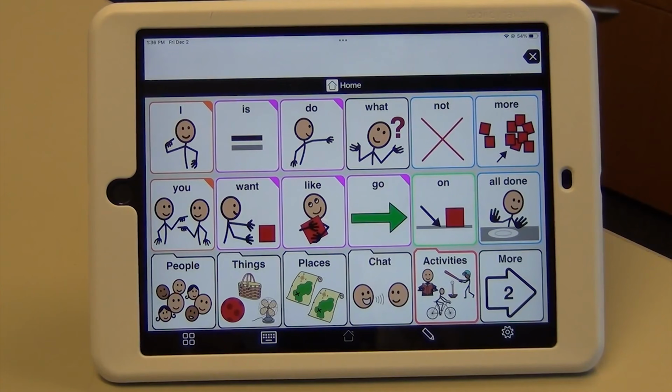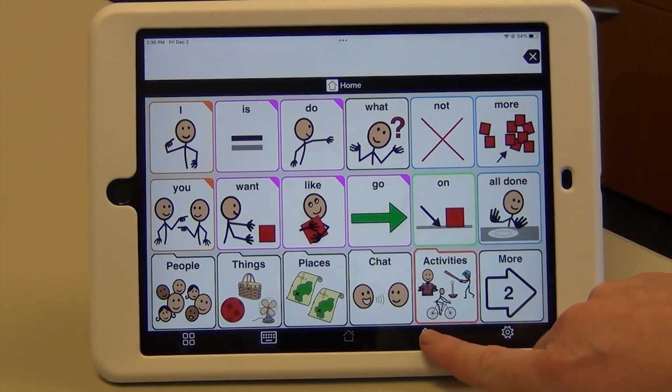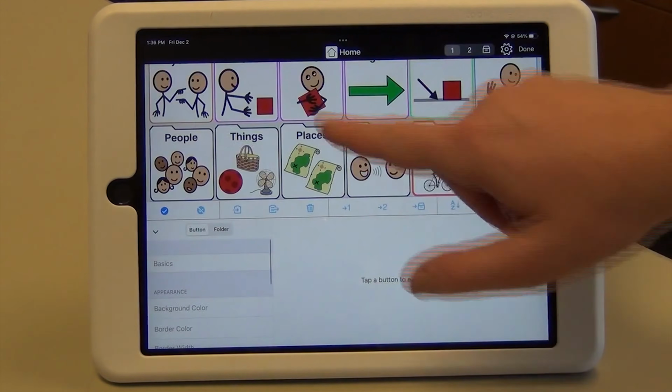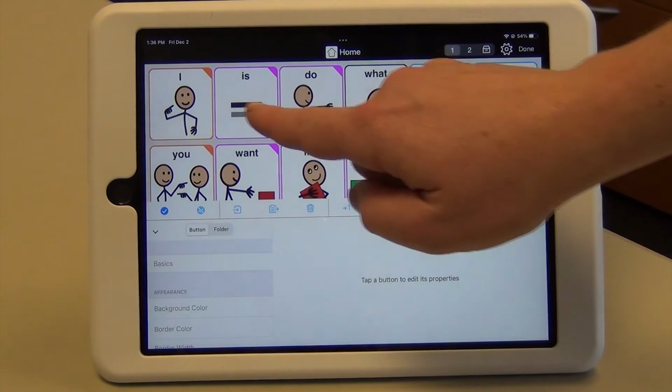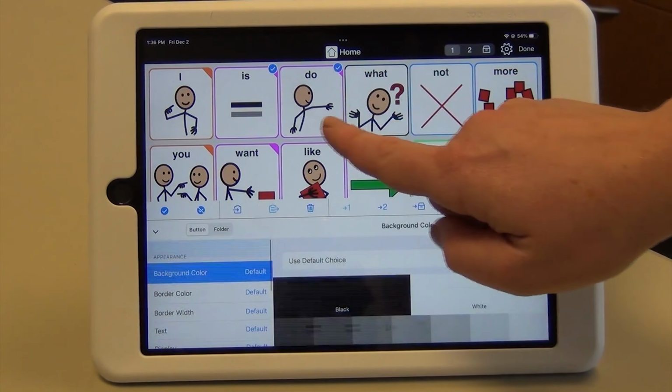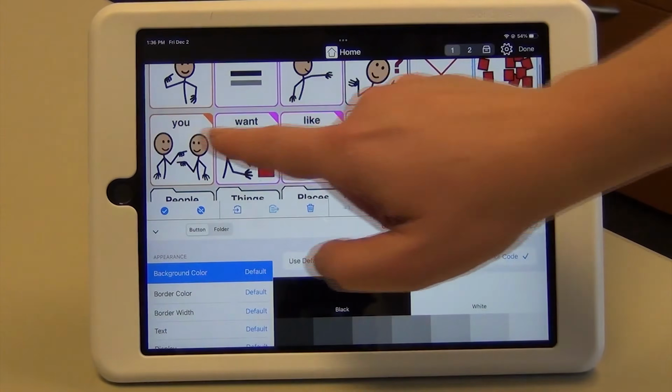In this video, I'm going to show you how to hide buttons and folders on the Proloquo2Go application. So the first thing you will do is select the pencil icon in this black banner at the bottom, and you will tap the buttons and folders that you want to hide. In this example, I'm going to hide is, do, what, you,